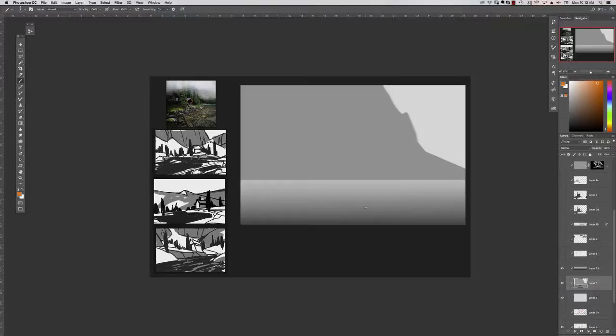You can do the water on the same layer, or you can do it separately. But basically, the idea of clipping masks keeps everything fairly tidy throughout the process. So let's say the next major shape in this composition would be the house. So if I want to add the house, right, I'm